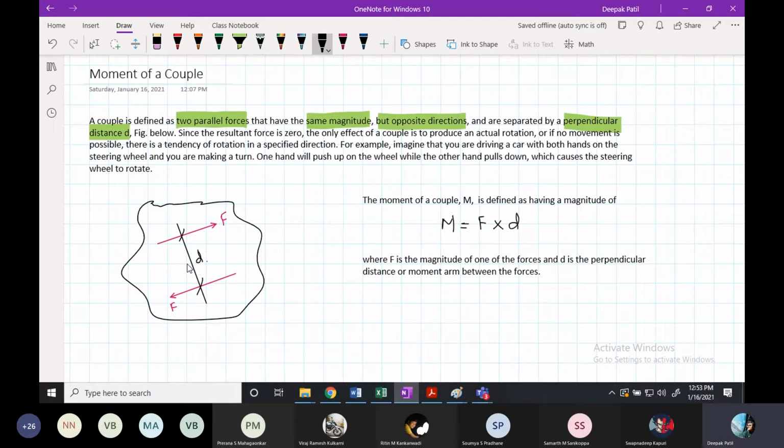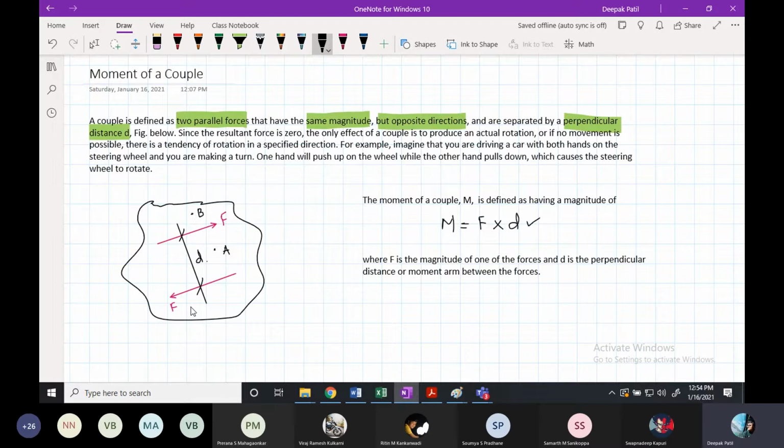Okay. Right. Now let me move further and demonstrate to you that suppose this is the body and I will pick a point, say point A. Now the moment of these two forces at this point will be equal to force multiplied by the perpendicular distance. Now let me take one more point, say point B, on the same body but outside the scope of these two forces. Here also the moment of the couple because of these two forces will be the same, and that will be once again M equal to F into D.